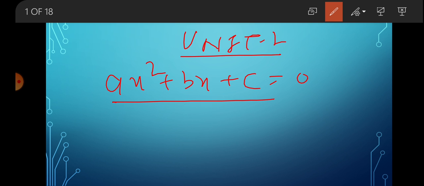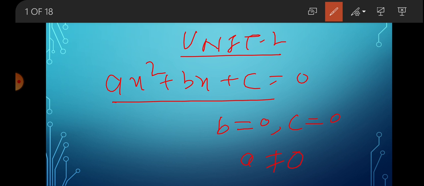So any equation which can be written as ax square plus bx plus c is equal to 0 is known as a quadratic equation. So कोई भी equation अगर जो इस form में लिखी है तो उसको हम लोग बोलते हैं quadratic equation. Now in this particular equation b can be 0, c can be 0, but a cannot be 0, because